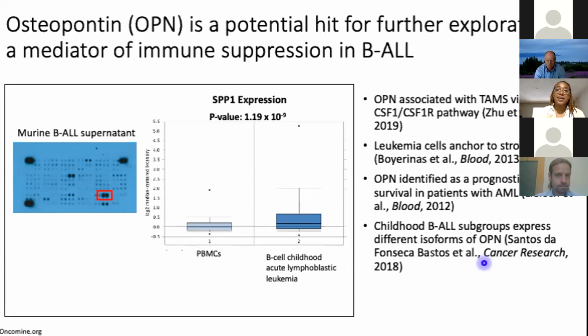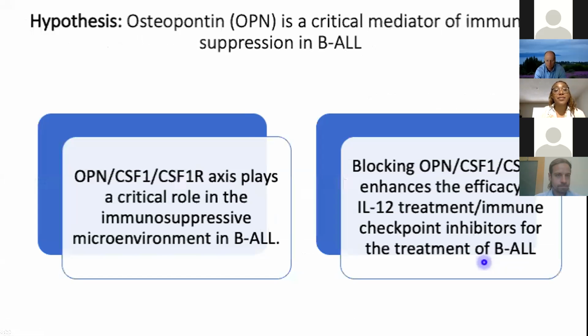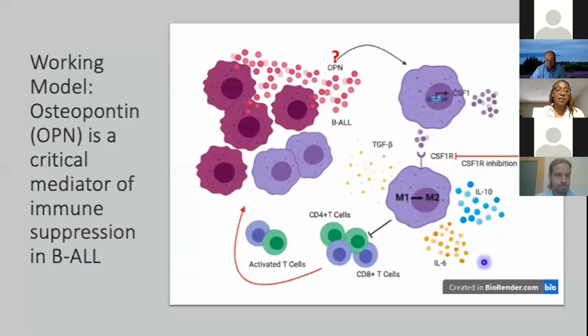And so this now leads me to my working hypothesis that osteopontin is a critical mediator of immune suppression in BL, and that this OPN, CSF1, CSF1R axis plays a critical role in the immunosuppressive microenvironment in BL. And being able to block this axis will enhance the efficacy of IL-12 treatment in conjunction with potential checkpoint inhibitor treatment in BL. And so this is my working model that I've created, in which OPN is a critical mediator